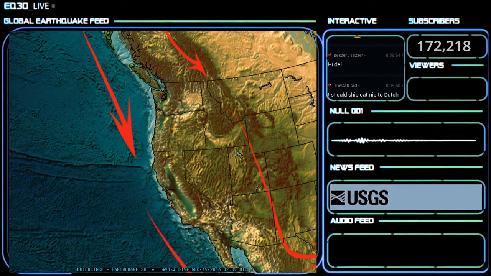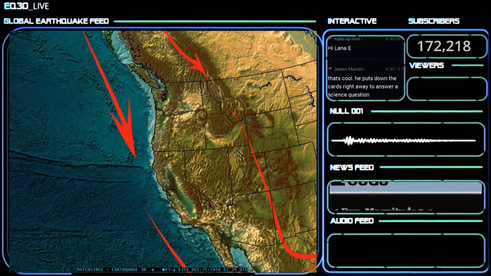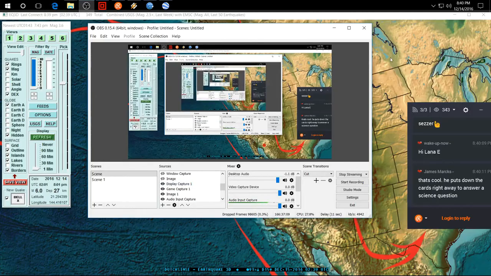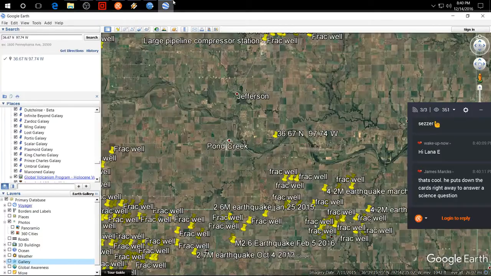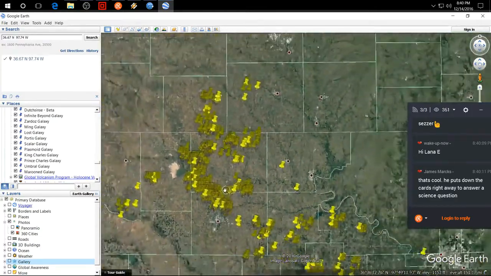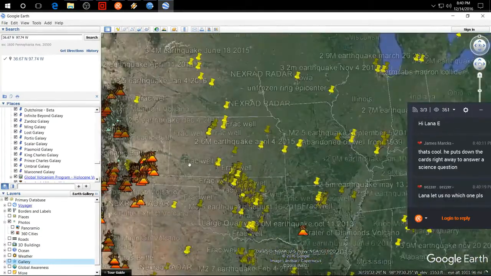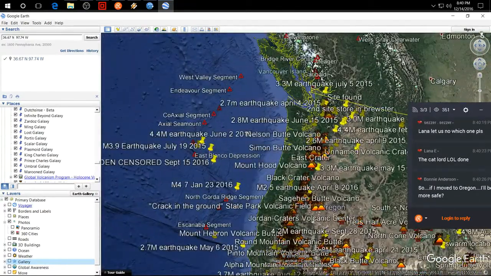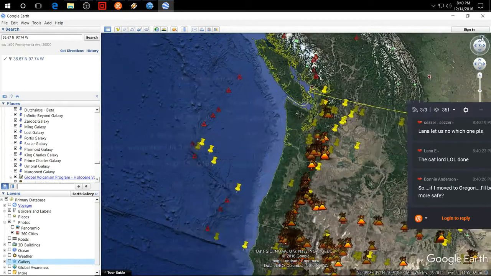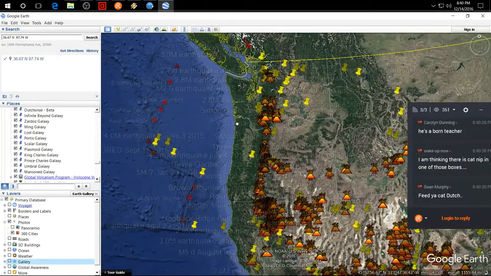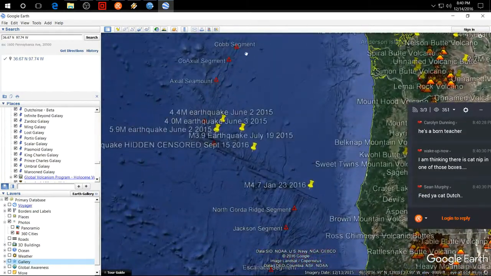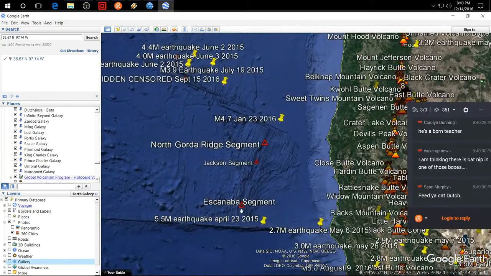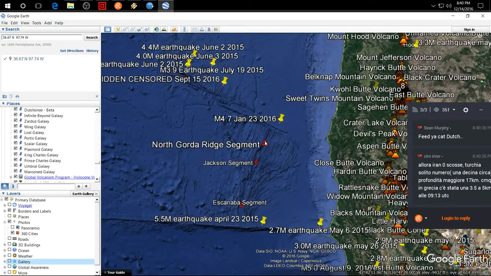Now, I'm going to open up a copy of Google Earth here so that you guys can see my main screen. And I'm going to quickly show you something off the coast. This is going to make a lot of sense. You'll understand in Oregon why you don't get hit much, and when it does strike, it usually strikes out to sea, not on land. Okay, so here's our Z-shaped fracture zone, the Juan de Fuca, and everywhere where there's a red triangle is a different